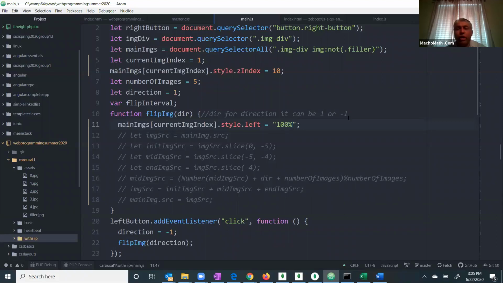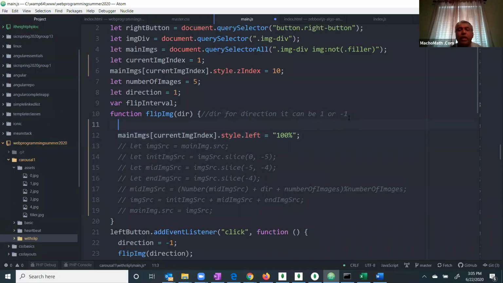Change the direction, like... No, before I flip the image, I will go over there and elevate the z index of image number 0. I come over here and I say